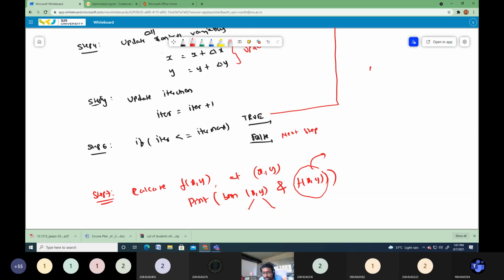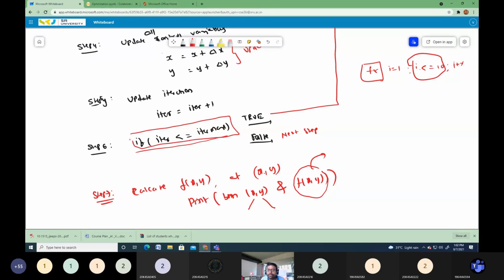In the case of a for loop, for example in C language, for i equal to 1, i less than or equal to 10, i plus plus. It is the loop statement, but you are checking the condition inside. Like that, the for loop and while loop in Python do the checking inside. No need to explicitly write the statement separately. But while writing the pseudocode, you have to include these things for understanding. It will help you understand how your iterative algorithm flows. The flow of the iterative algorithm can be understood with respect to this. Hope you understand the complete concept.